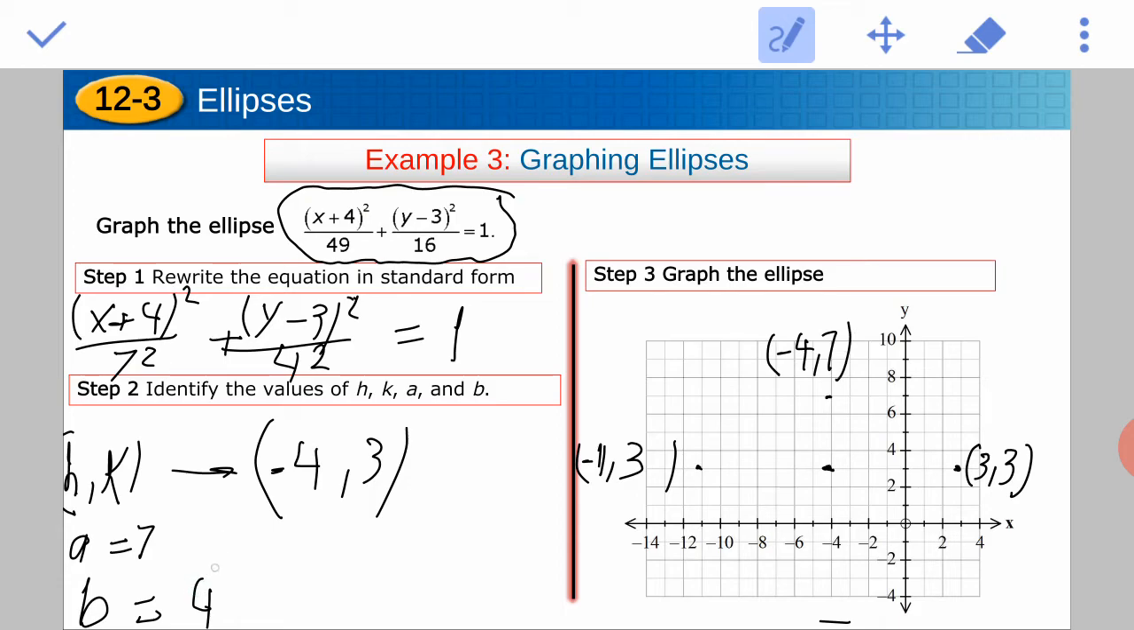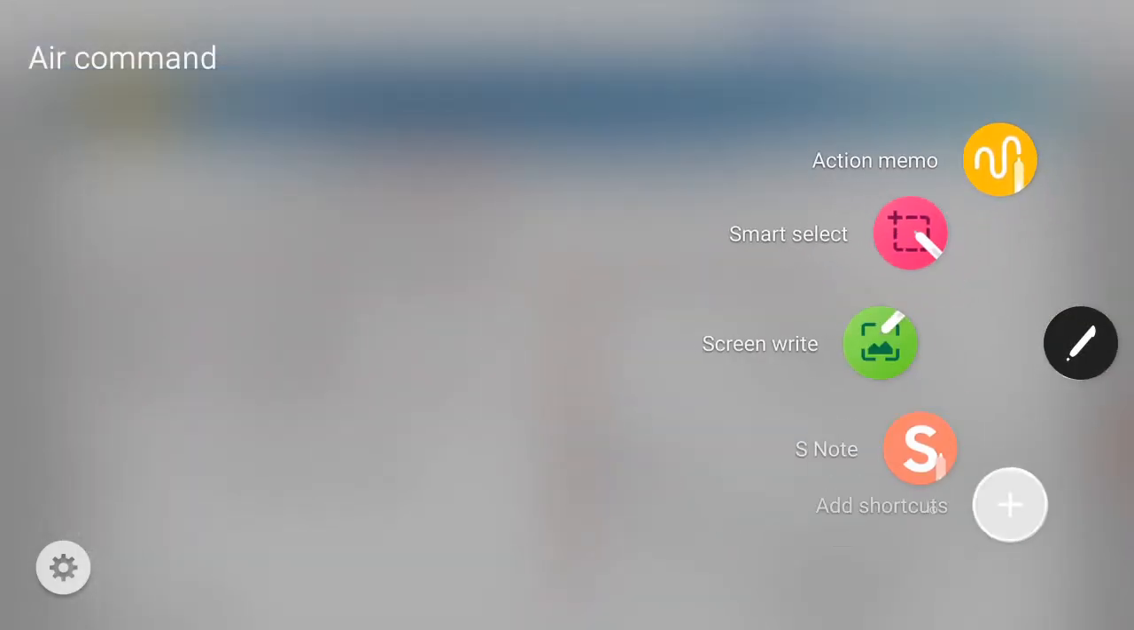And if you go down 4 units, if you do a vertical translation 4 units down, it leads us to the point (-4, -1). (-4, -1) is just right here. So guys, now we have all the basic information about this ellipse, so we can start connecting these 4 points